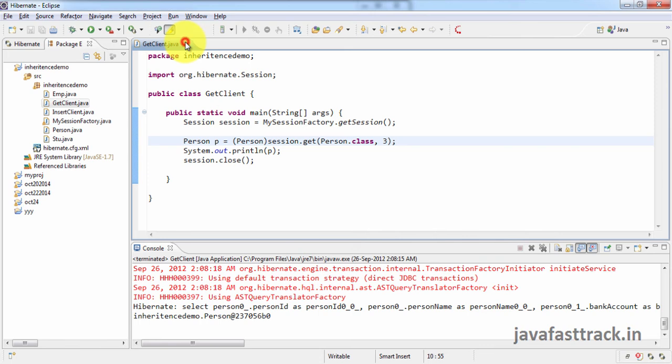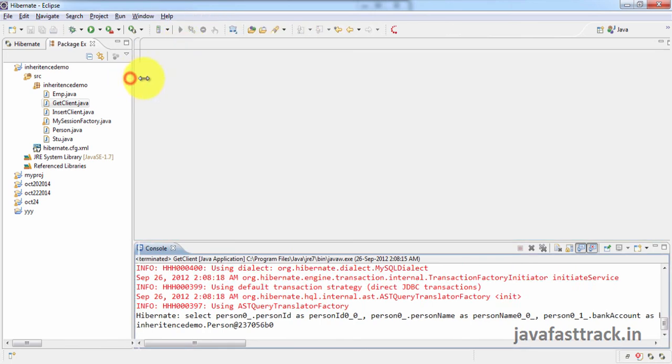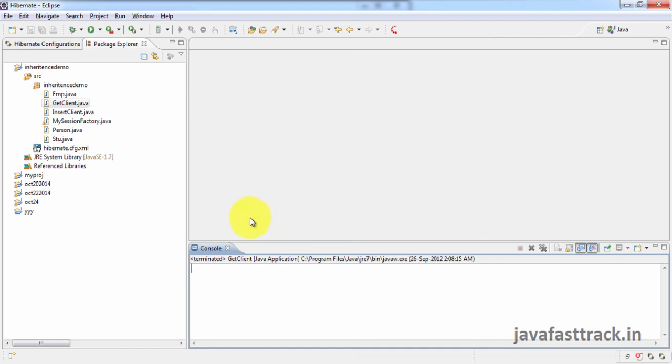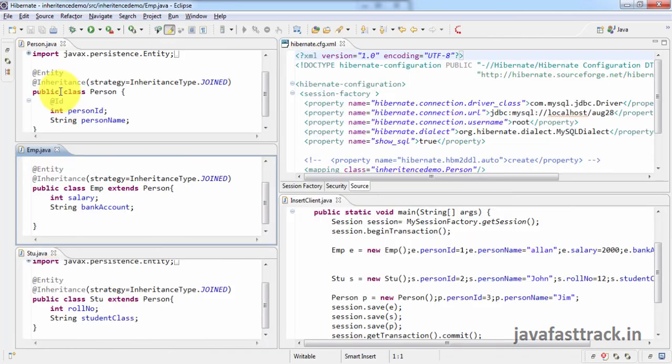With that, I have completed inheritance mapping, the 3 strategies. We have nothing much to do. The only thing is to annotate the POJOs properly. Inheritance mapping is not so difficult. It is just a very easy thing if you go with annotations.